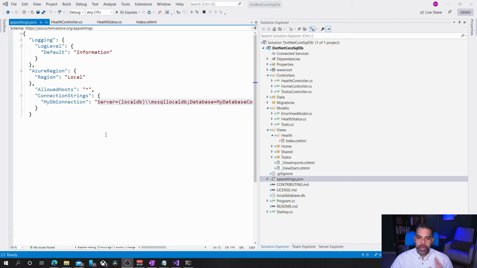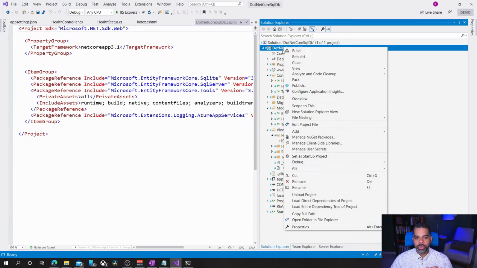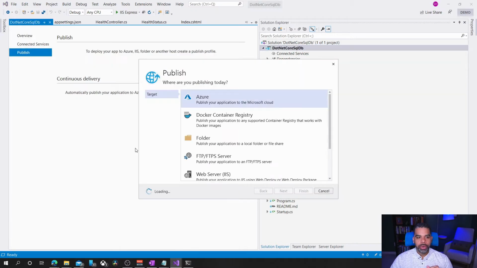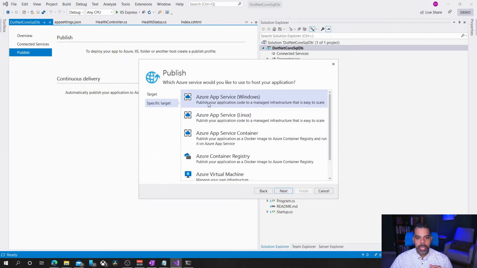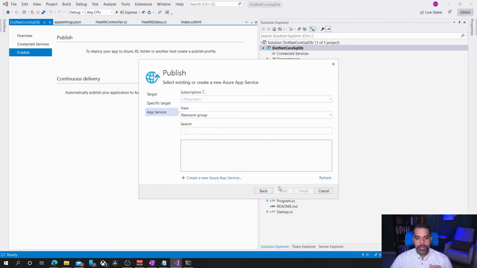Lots of ways to deploy code to Azure, lots of better ways than what I'm about to do, but for speed and simplicity, I'm just going to use tried and true right click and publish. So I'm going to right click publish here. It's going to select the target. I want to select Azure and app services on Windows. And it's going to have me select what